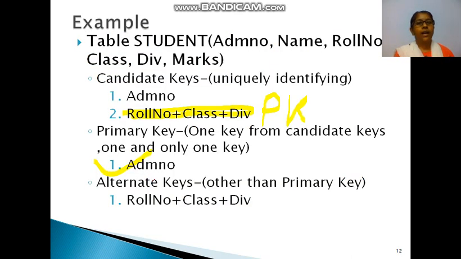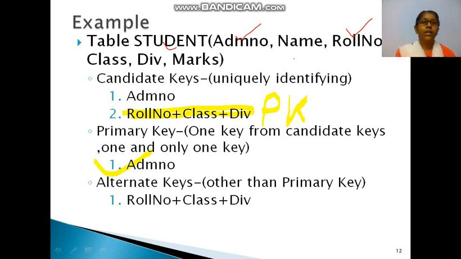Let's consider another example, that is based on a student table. We have student admission number, name, roll number, class, division, marks. So when we look at it, definitely for each and every student there is an admission number. Roll number seems to be unique, but there is one problem. Suppose our school has 40 classes, roll number 5 is there in all these 40 classes, so we can't